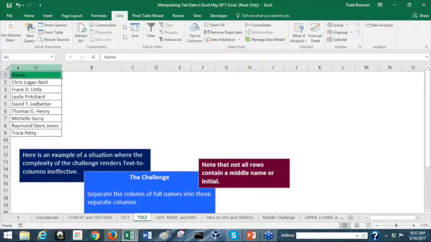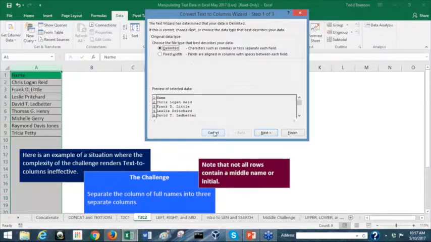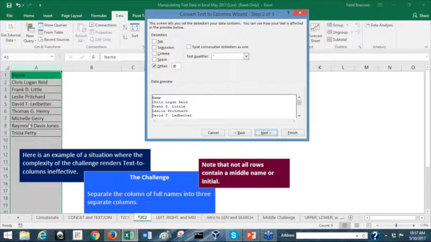So let's see where text to columns gets a little bit messy and isn't quite the best fit. So in this case, let's move on to text to columns. Let's click that, and then we'll do what we've been doing. And in this case, we have a bunch of names. So we just want to use space as our delimiter. We don't need this other anymore, but we'll click space or check space, and you've got our preview here, but you can already start to see some problems